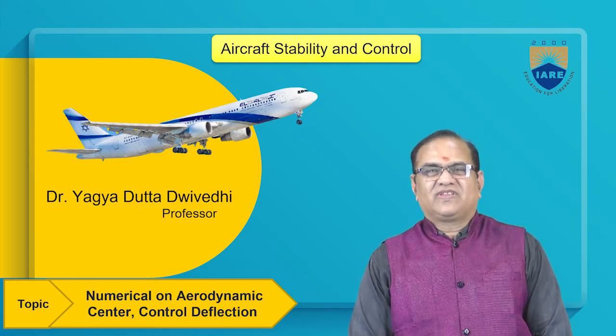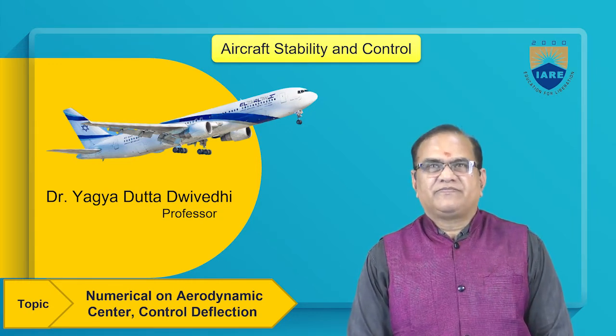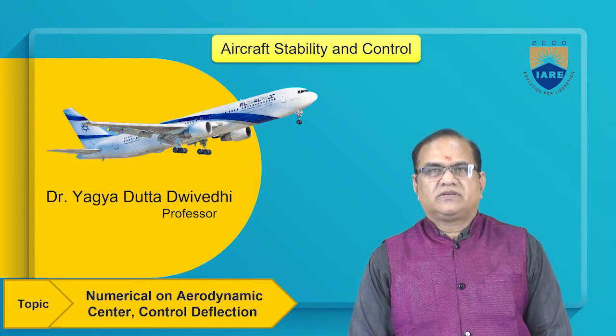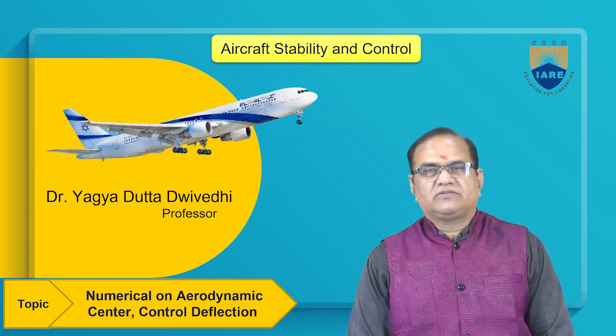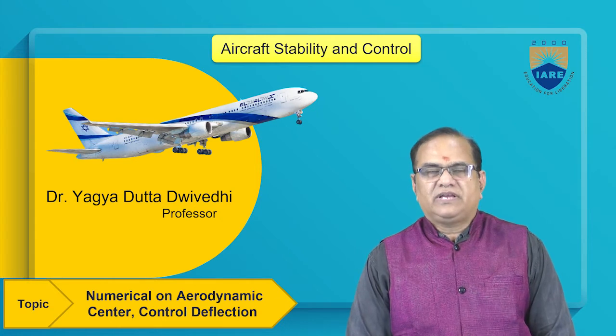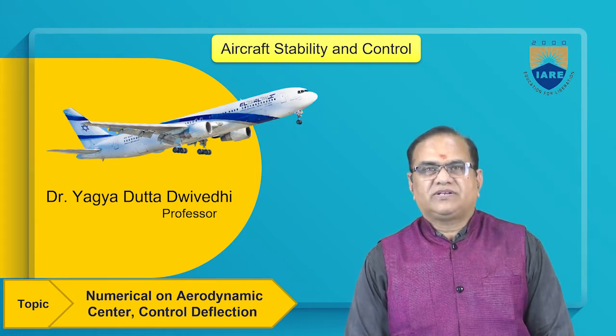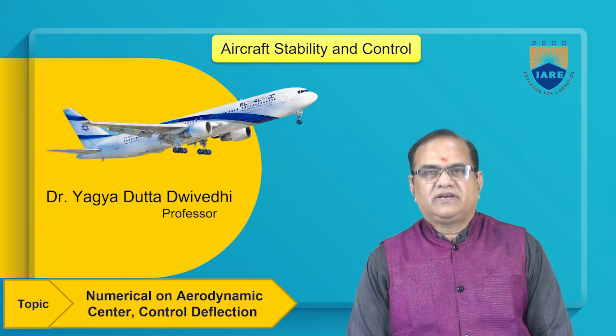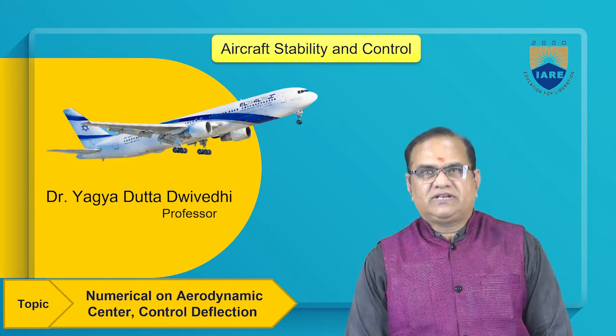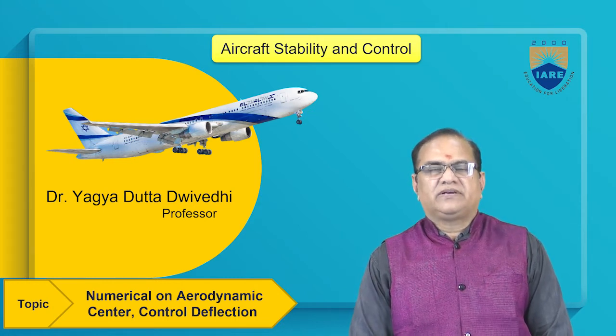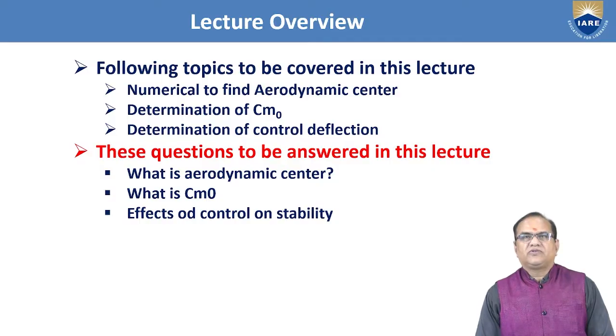As you know, I am in the process of the course Aircraft Stability and Control. Today, I am in lecture number 47. This is tutorial 7, Numerical on Aerodynamic Center and Control Deflection. In today's lecture, we have 3 numericals. In these 3 numericals, we will be trying to find out,